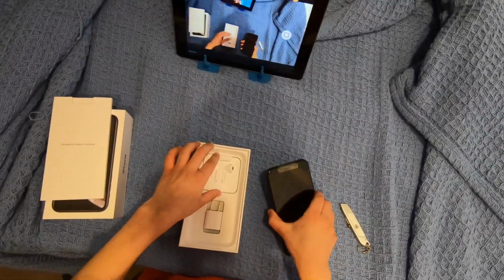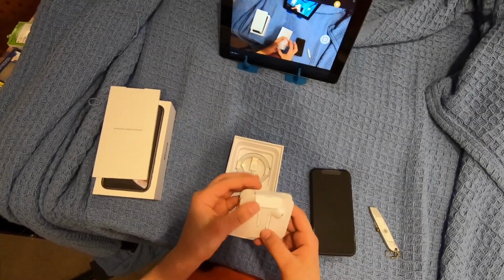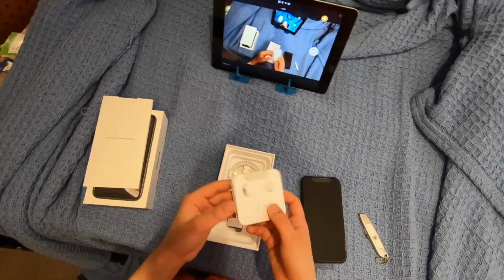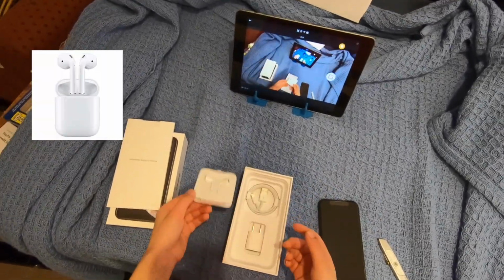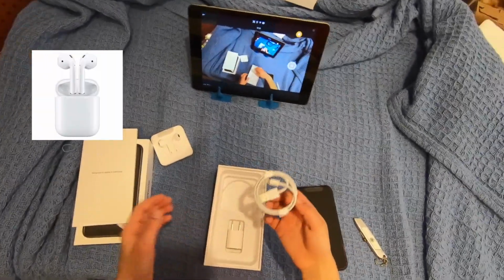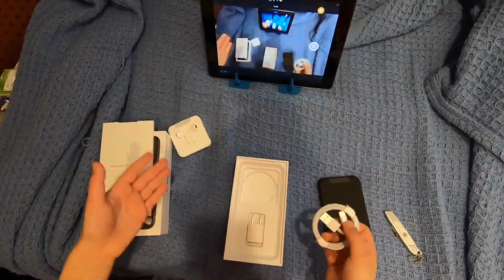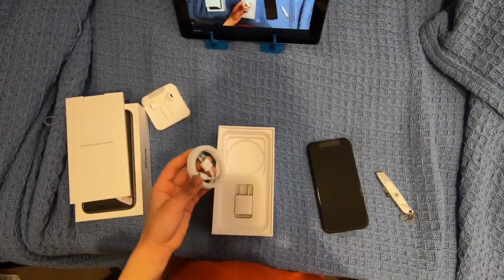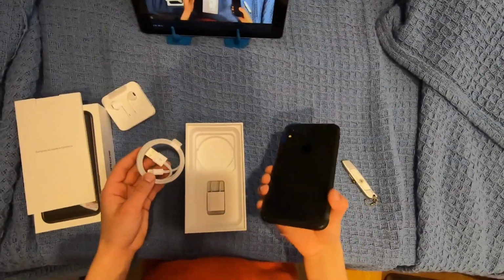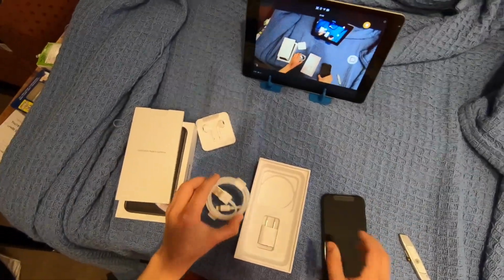Okay, now we have some, how's it called? EarPods. Oh, come on, really, Apple? Why not AirPods? Like, dude, a really good iPhone should come with nice EarPods. Like, really, isn't that obvious? Okay, so, oh, really? We have to use,